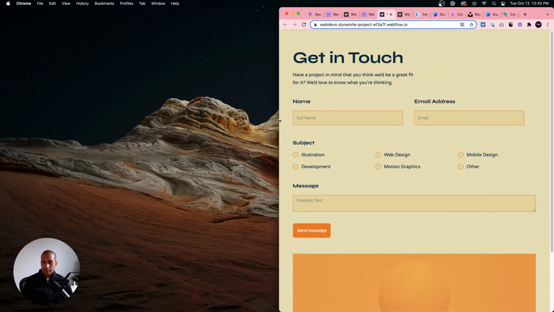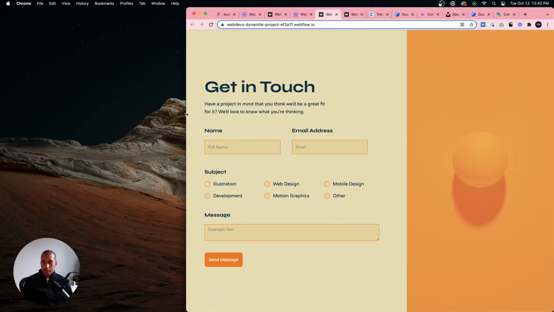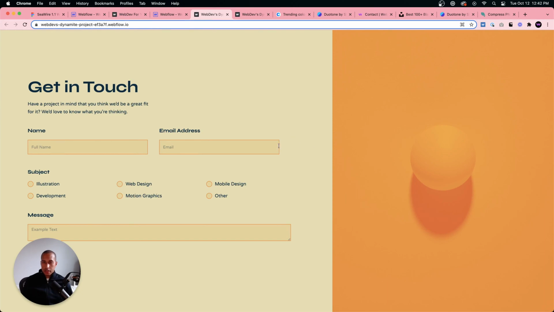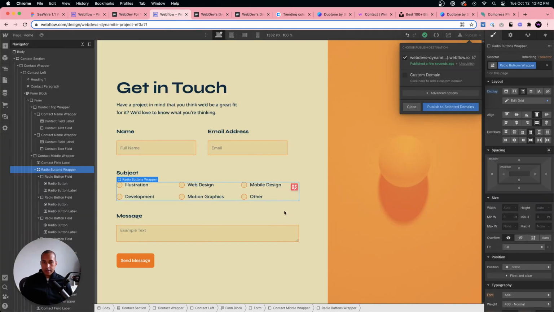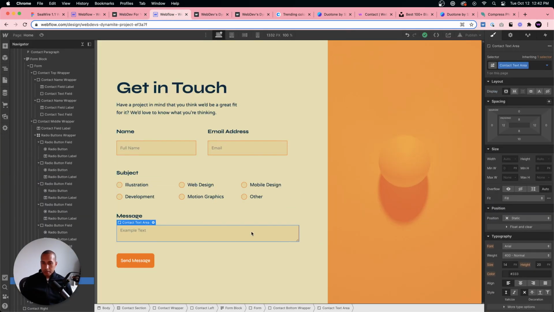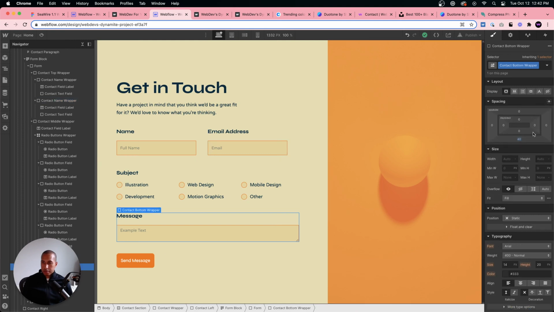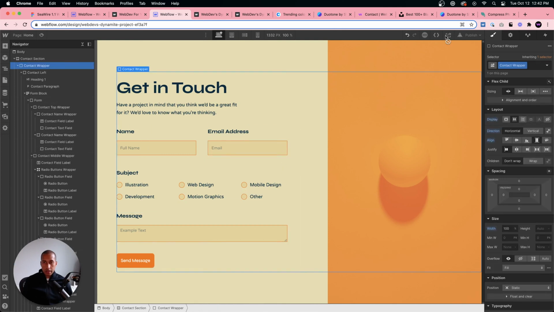So it's not ideal, but it's not the end of the world either. And I would want this to line up with this, so I'm going to add 40 pixels of margin here from the right. Cool, so this is aligned.